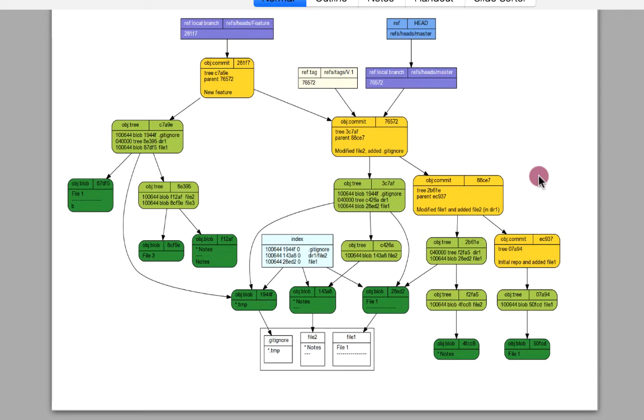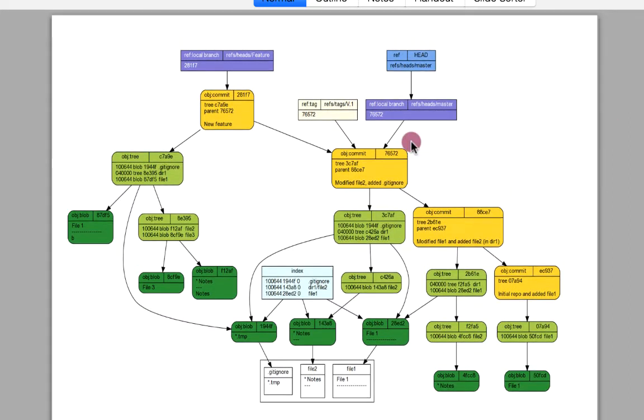When we talk about Git, it is a complex graph which is made of specifically four objects: blob, trees, commit, and tags. And this is one of the simplest examples of a Git repository, showing how the objects get stored. But as the repository grows, it becomes more and more complex.